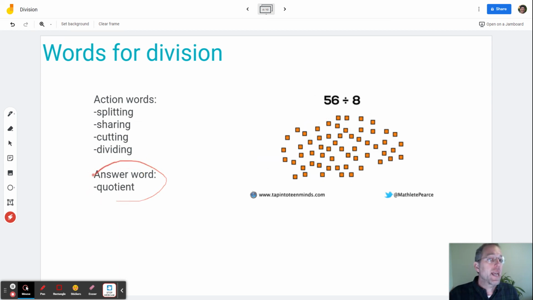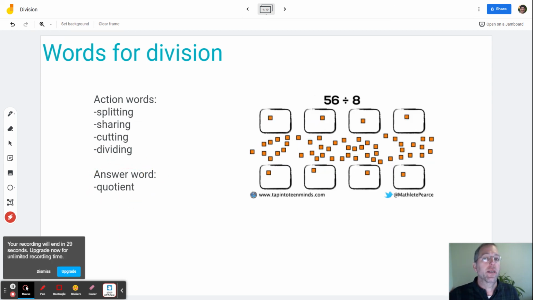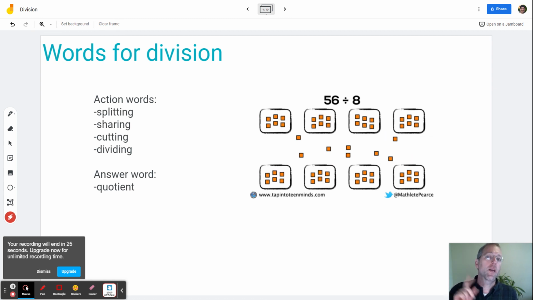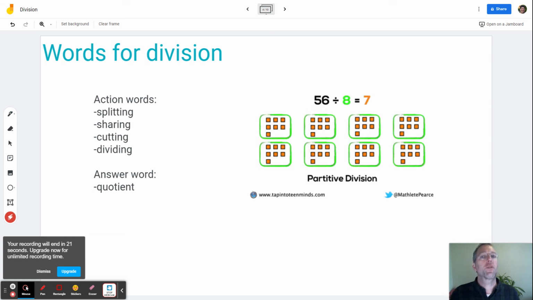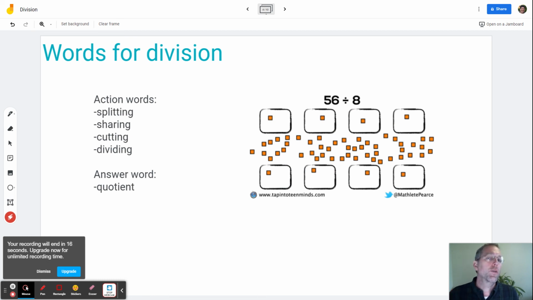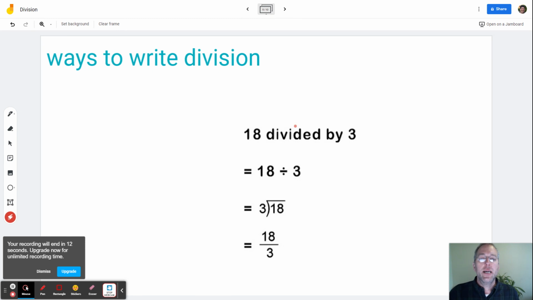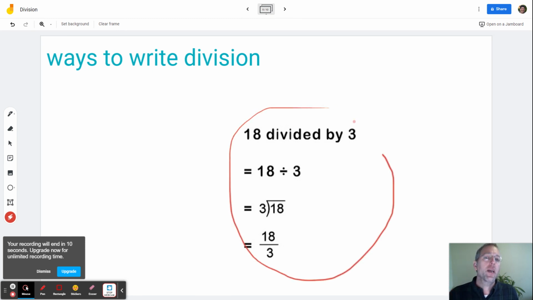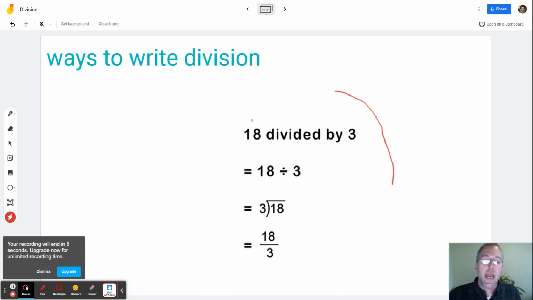The name for an answer of a divide question is the word quotient. So we call the answer to an adding question the sum. We call the answer to a subtraction question the difference. We call the answer to a multiplying question the product. This word quotient is the name we give to the answer of a divide question. And there are many different ways to write a division question out. In this case, 18 divided by 3 is written in words. Notice the 18 comes first. And I'll finish this off in the